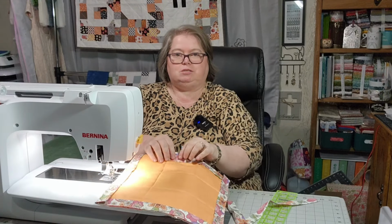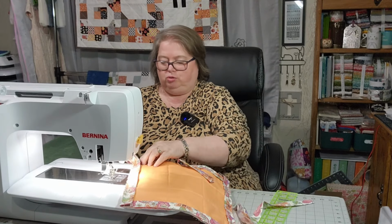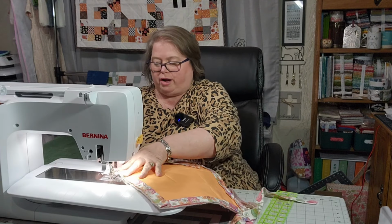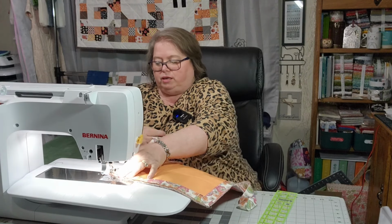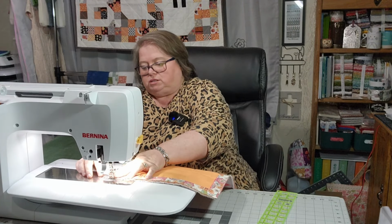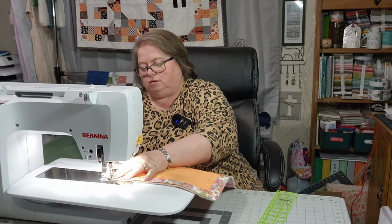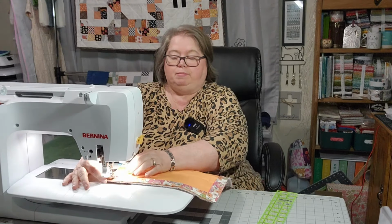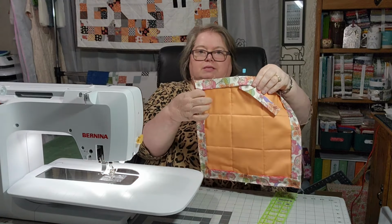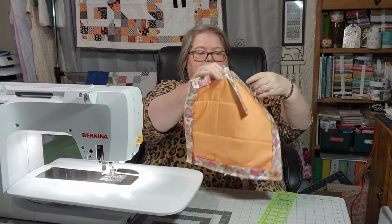Okay, now since this is where I started, right here in the center, I'm only going to do my mitered edge here and sew just right down that binding until I get off the edge of the binding. And I know that did not make sense what I just said, but I'll explain it here in a second. Okay, let me show you what I'm talking about now. This is the edge of my binding right here, and I only sew just right past that because I need to connect